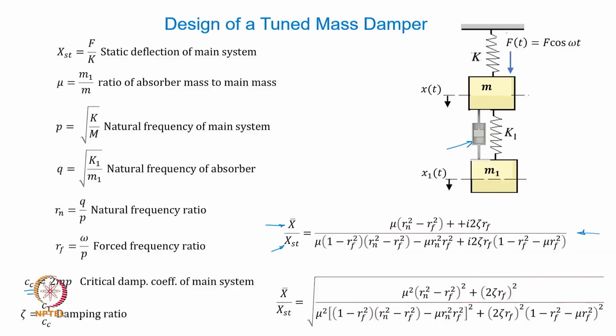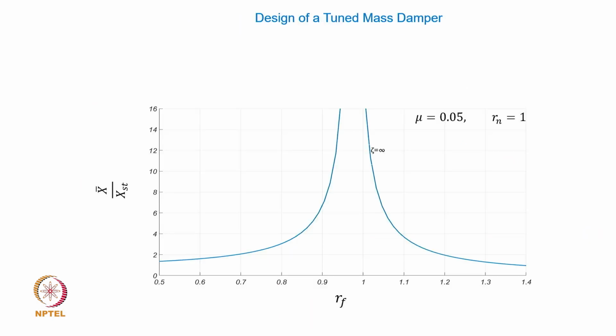You fix one parameter and then vary the other one for different values of zeta. You will get the variation of this response with the forcing frequency ratio. That's precisely what you see here. What is done is a plot is made here for some assumed value of the mass ratio. We can't keep changing each and every parameter here, so we have fixed the value of the mass ratio to be 0.05, and of course we have also fixed the natural frequency ratio equal to 1, which actually means